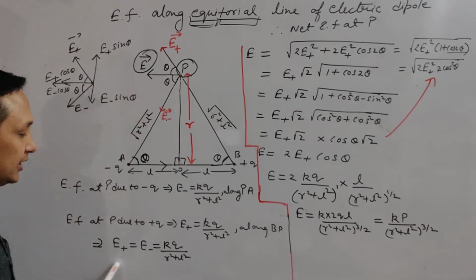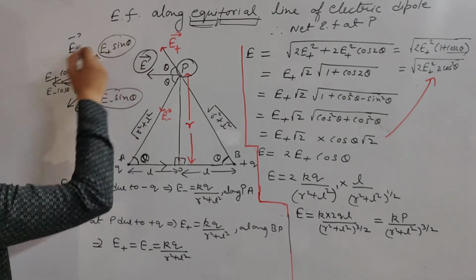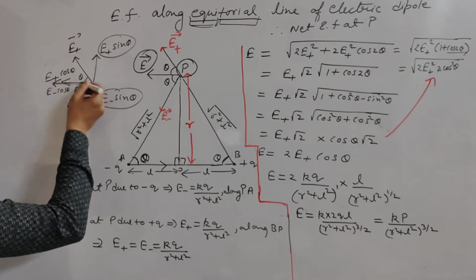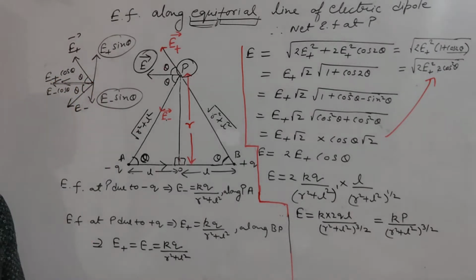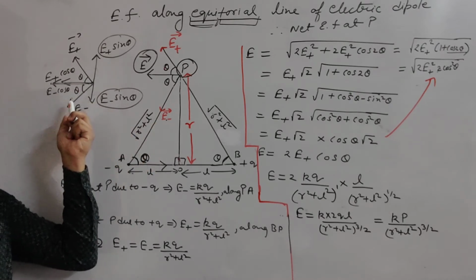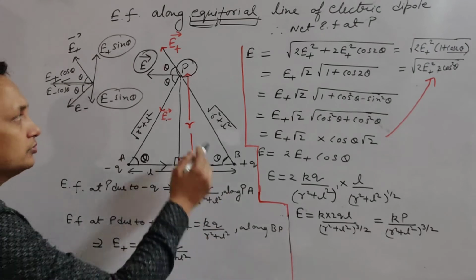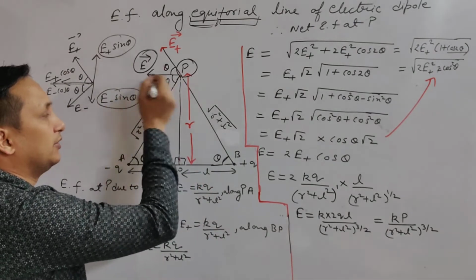Now since E plus and E minus have the same magnitude, this vector and this vector will cancel out each other, and the net resultant vector is 2E plus cos theta. So one side is this much. Draw this figure separately so it will not become clumsy. Another way out is this resultant vector. We have to find this.